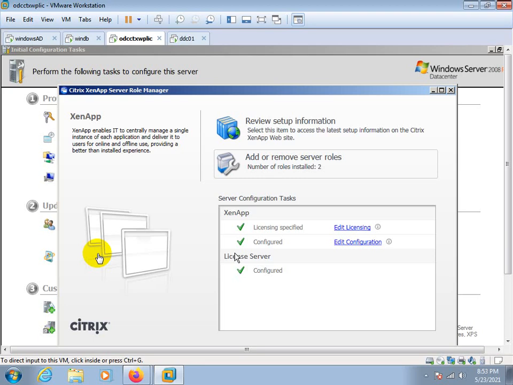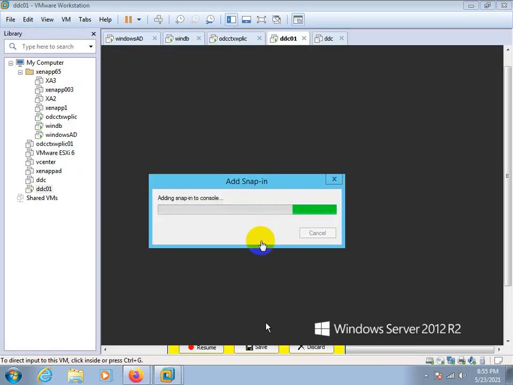At the time of installation of the VDA agent, it will ask the name of the delivery controller, and it will connect with the existing one configured in the Citrix environment. Just for your knowledge, if you are creating anything new, a complete environment as a new build, then it's a greenfield.